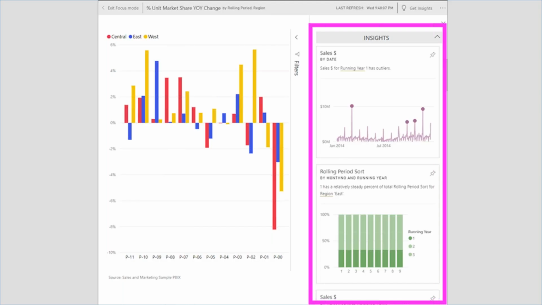So, here is an example, right? We've got a market share year-on-year change graph that we're looking at, and then again, letting the insights panel on the right side show us where we might have some specific outliers that we want to either be aware of or at least be considering as we think about the overall footprint of this data, right?